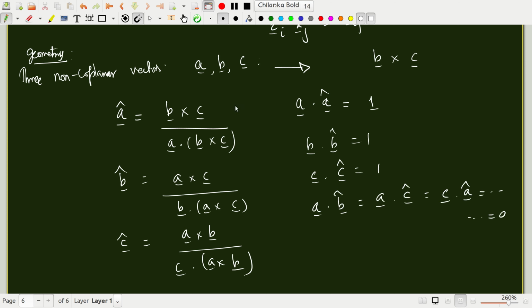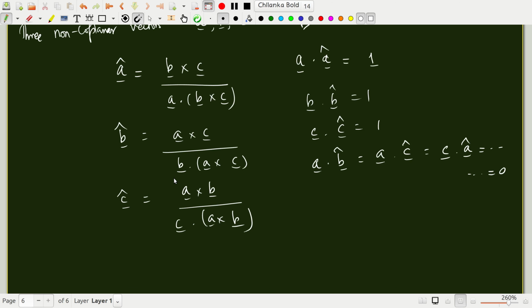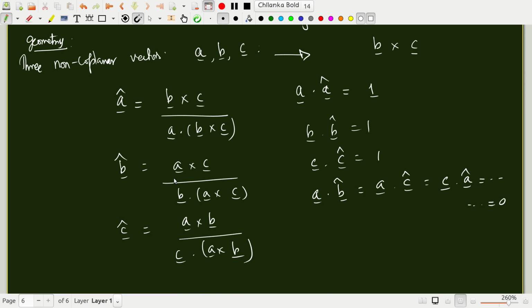Okay, why is A dot B hat 0? If you have A dot A cross C, if you have 2 A's, then you know that that product is 0, right, from basic vector calculus. Now this is just an example in geometry of how to generate 3 reciprocal vectors that form a reciprocal basis such that you can find the coefficients as if they are orthogonal, right?